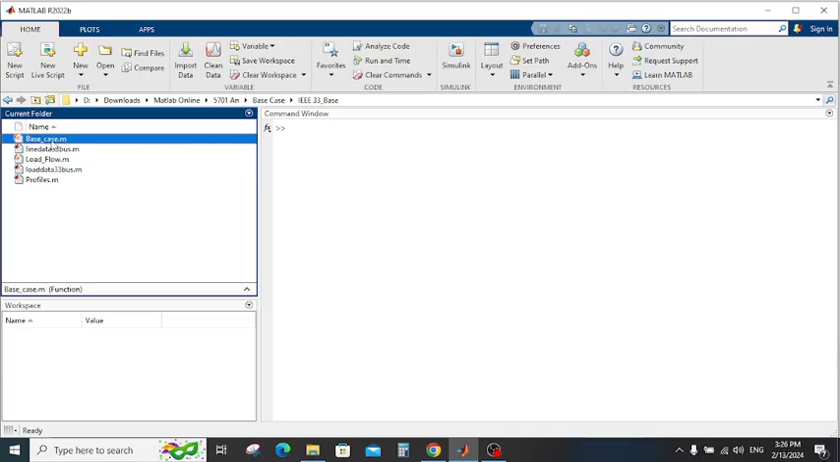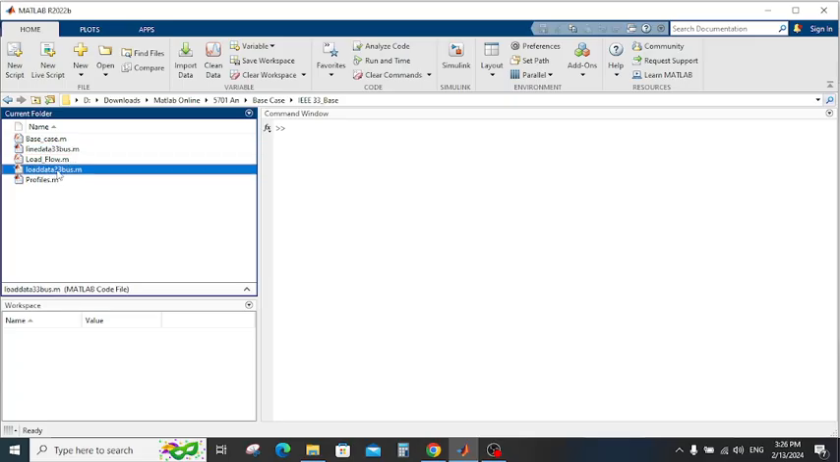Base case, it is the main program file, and then the line data for IEEE 33, and the load data and the load flow program, and also the profiles for all the parameters. If we first open the line data,